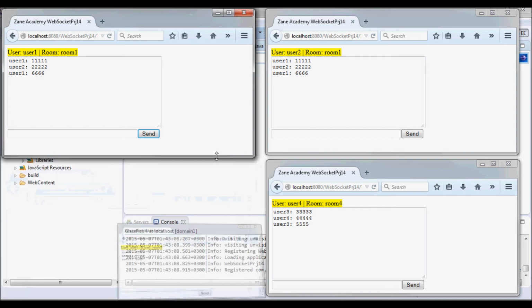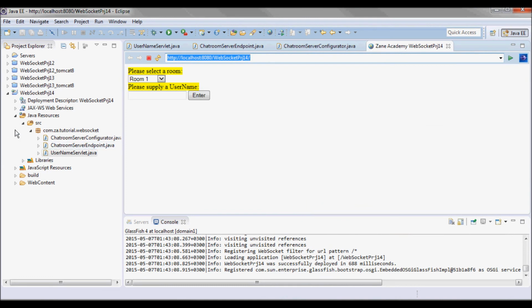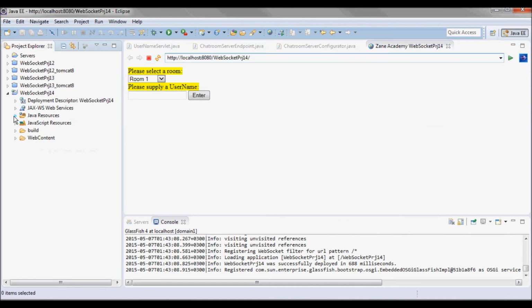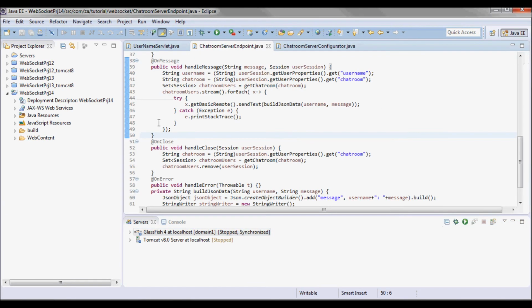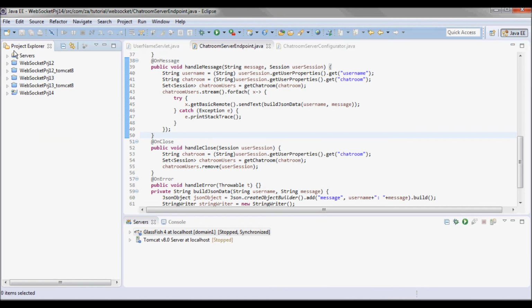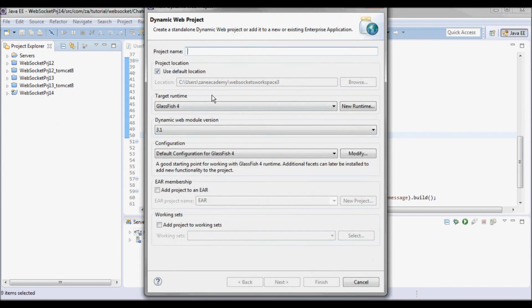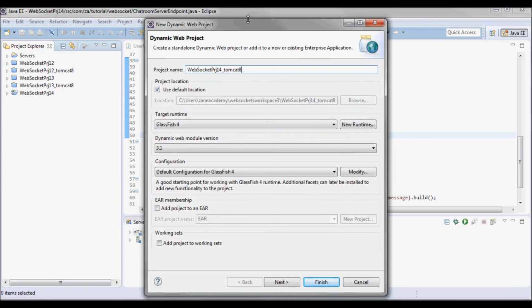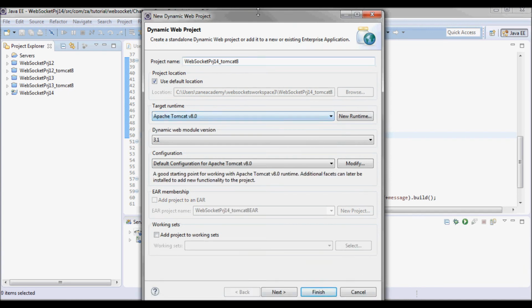So next, let me go ahead and test run the same application on Tomcat 8. So I'll go ahead and create a new project. And this will be running on Tomcat 8.